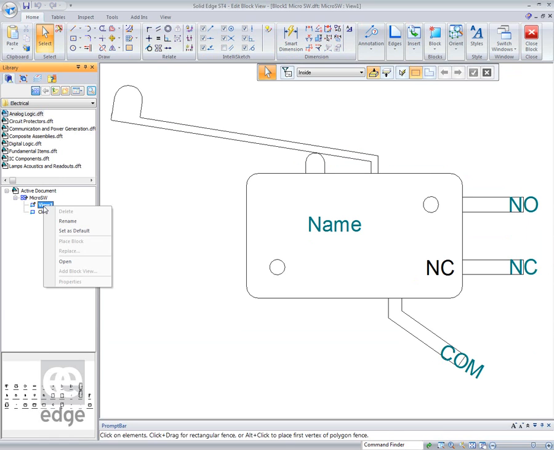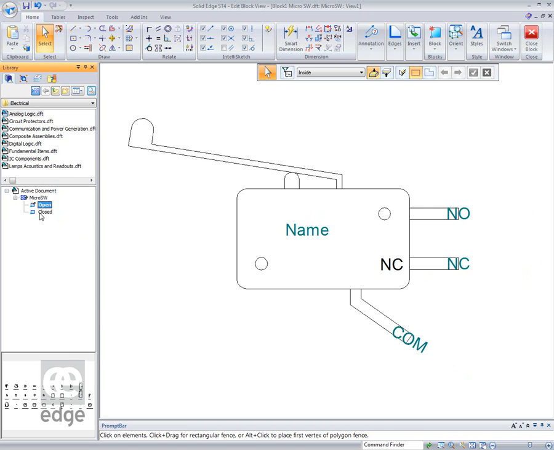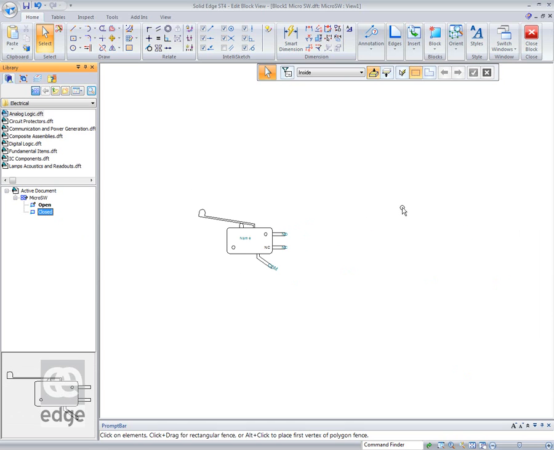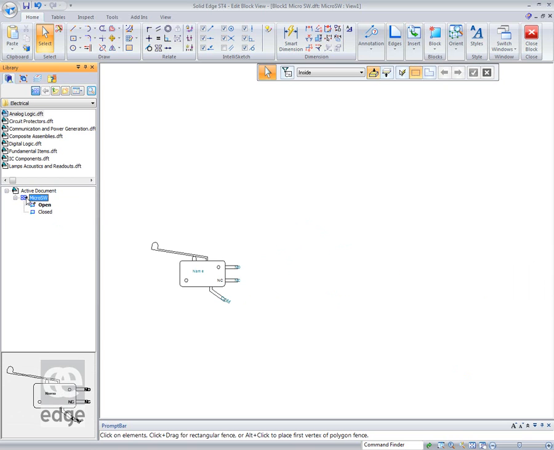Right click on it. So rename. Always helps if you can type. I can't, obviously. So there we go. We've got the two options there. So if I drag that switch in,